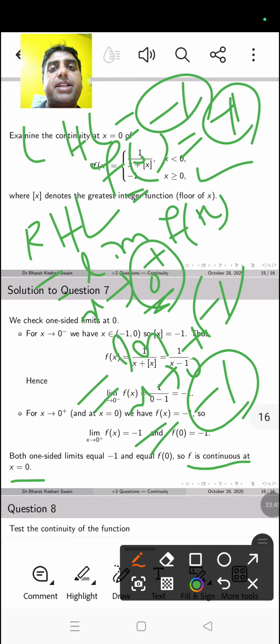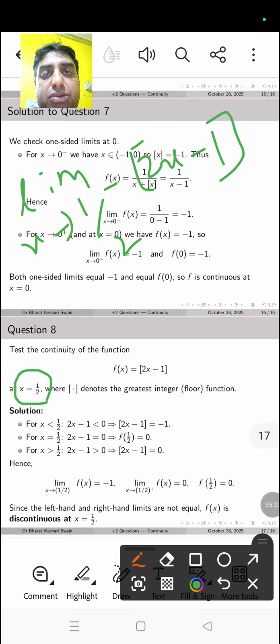Okay, we'll do it again. So the limit we have to find is limit x tends to half minus of the greatest integer of 2x minus 1, because we have to check at x equal to half, that's why it is x tends to half minus. Half minus means it is less than half, or you can write limit h tends to 0